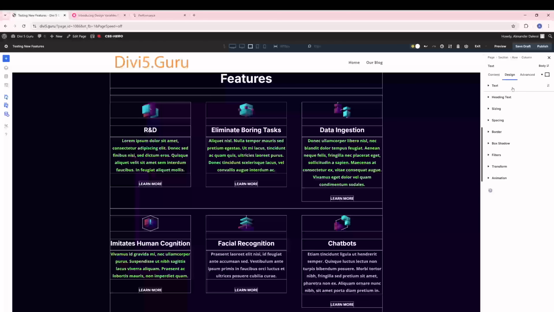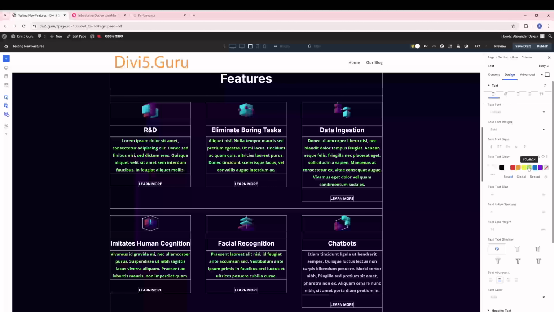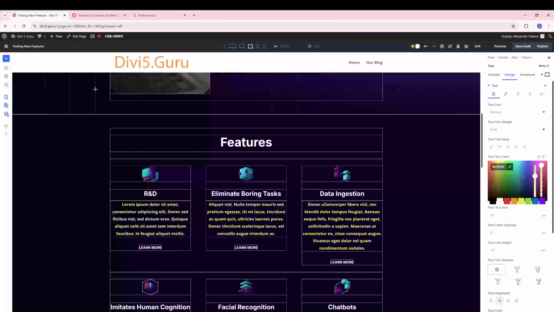And what global colors does is it applies this color to all these elements. But if you change the color of even one element, it changes them for all. Let's pick, it's like a forest green. Okay, now if I save this text color,